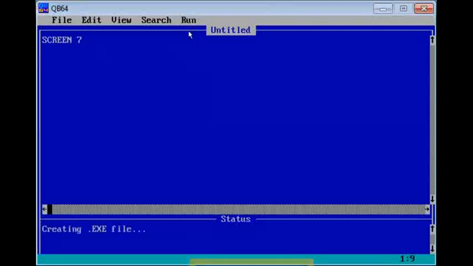Using the run menu and start option, you can see it's showing creating exe file. That means it is executing. And here you can see on my output screen, the output screen size is less now. So what has happened is that the resolution of my output screen changed automatically according to the resolution of my screen mode. Okay.